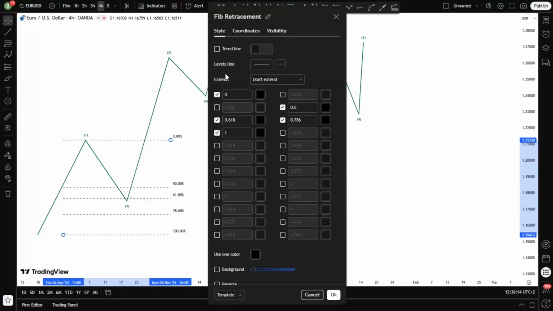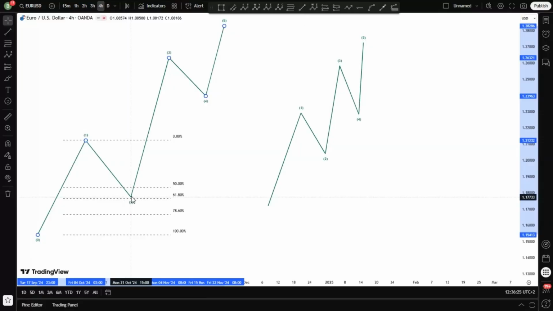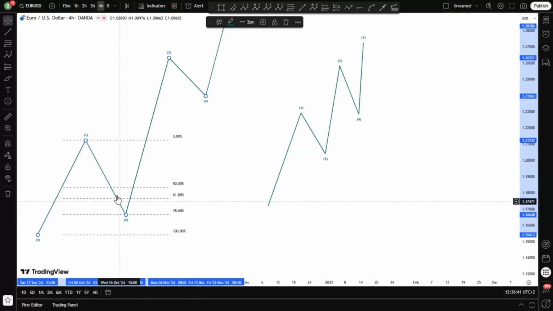So in this situation, we have levels that are typical for a wave 2 retracement. We see the minimum level known as the 50% level, and then the common level, which is the 61.8% level, and then the final level, which is the 78.6 level. So these are the three levels that are common for wave 2 to respect when we use our